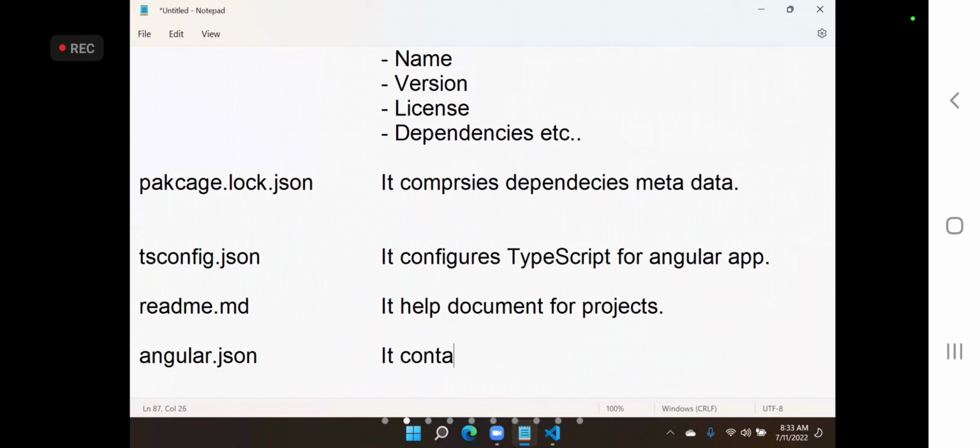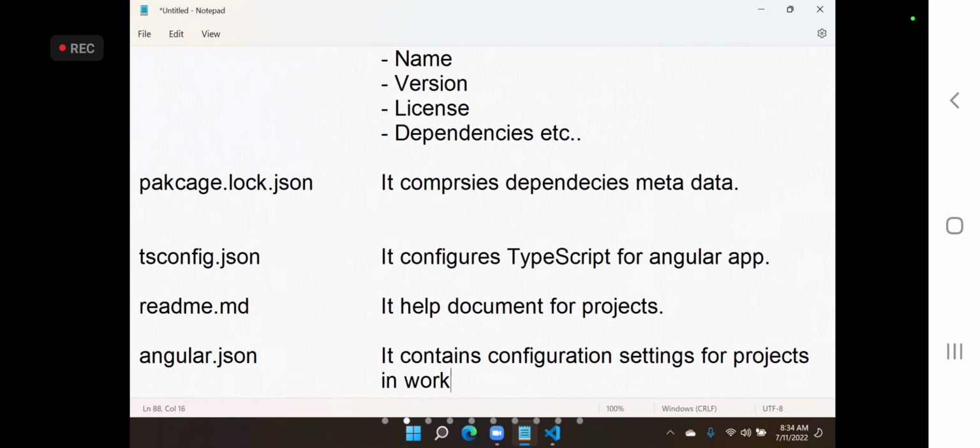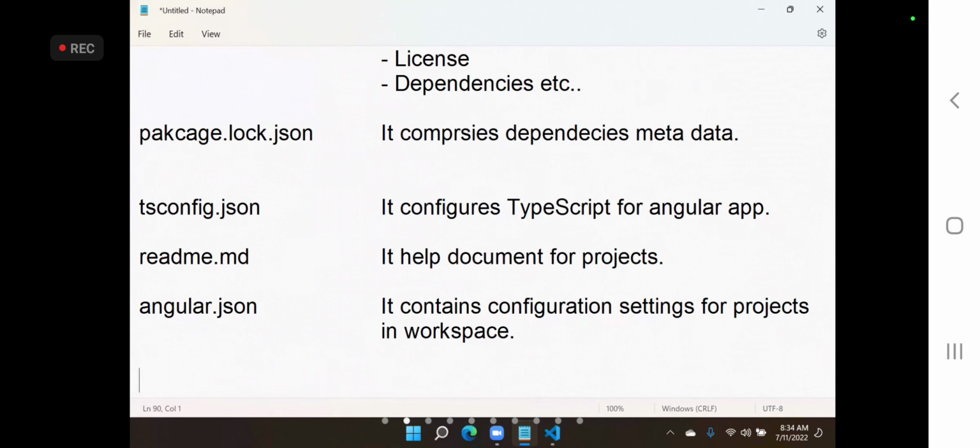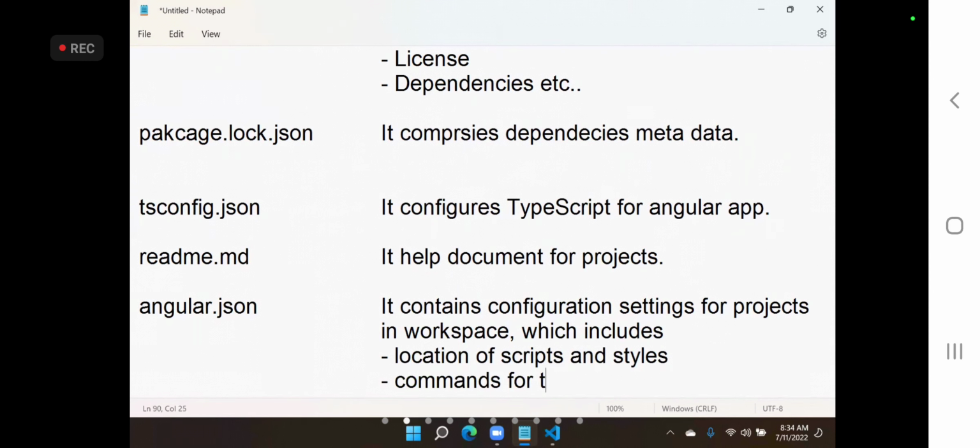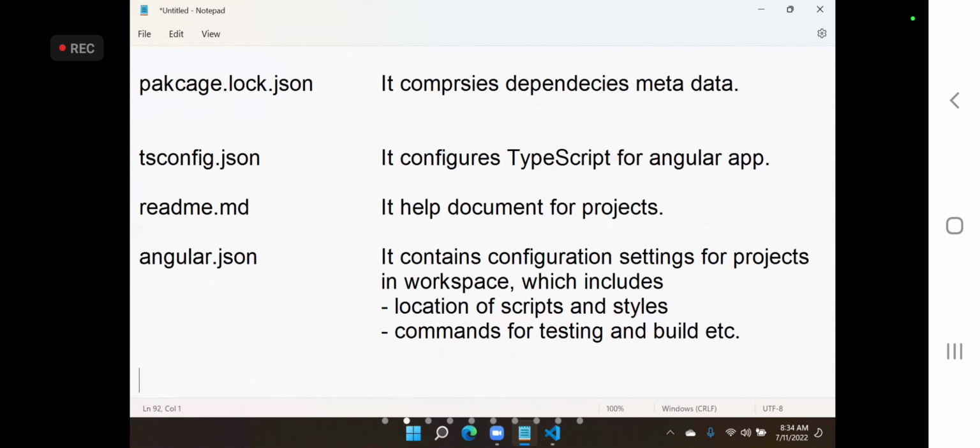So it contains configuration settings for projects in the workspace, including the location of scripts and styles, and commands for test and debug, and build for testing and building, etc. All such information will be here.